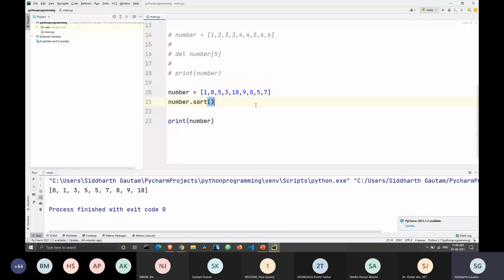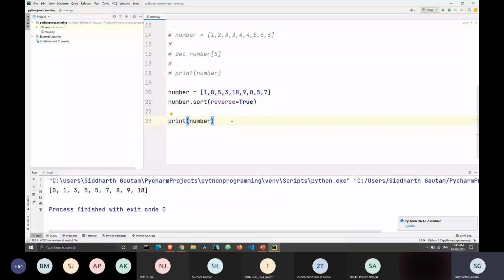But the sort function also has some attributes, which we already saw when we were solving our question. So if inside the bracket we type the value as reverse is equal to true, and then we print it, what do you think will happen? We already saw how the reverse works, but I still want an answer from one of you. Anybody? What will happen when we execute this in the reverse order? Like, what will get printed here?